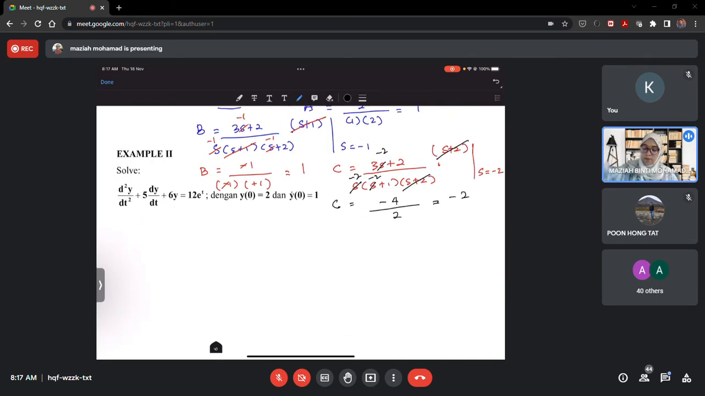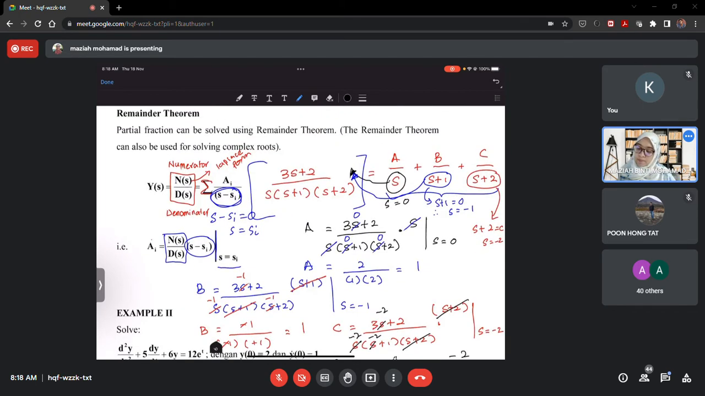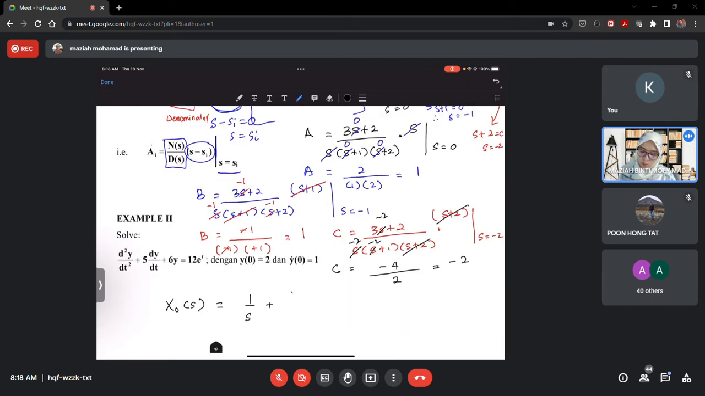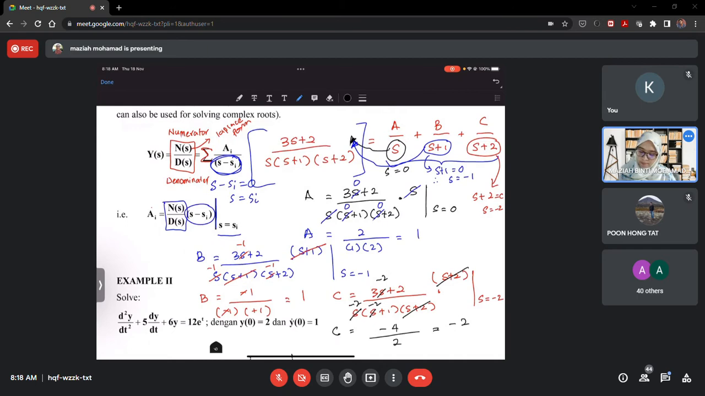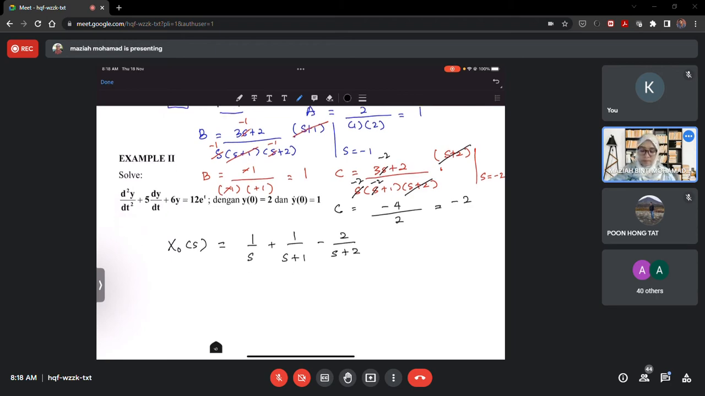All right. So therefore, I'm going to continue here. Therefore, our X of s, the output in Laplace, is equal to 1 over s, plus 1 over s plus 1, minus 2 over s plus 2. So we're going to inverse